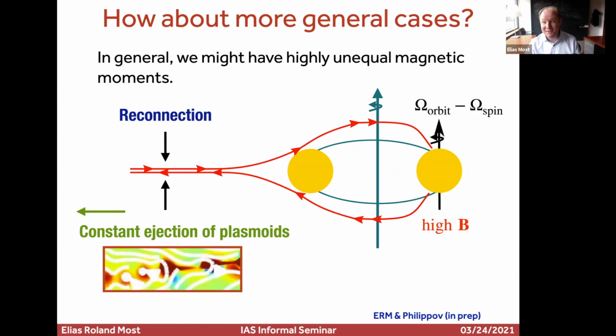This is the most exciting thing that we found, because all of that was really nice. But what happens if I go to even more general cases? What if I say, well, maybe only one of the stars has a strong magnetic field and the other one has a magnetic field that's 100 times or 1,000 times weaker? Do I still see something? Because flaring for this one will be suppressed.